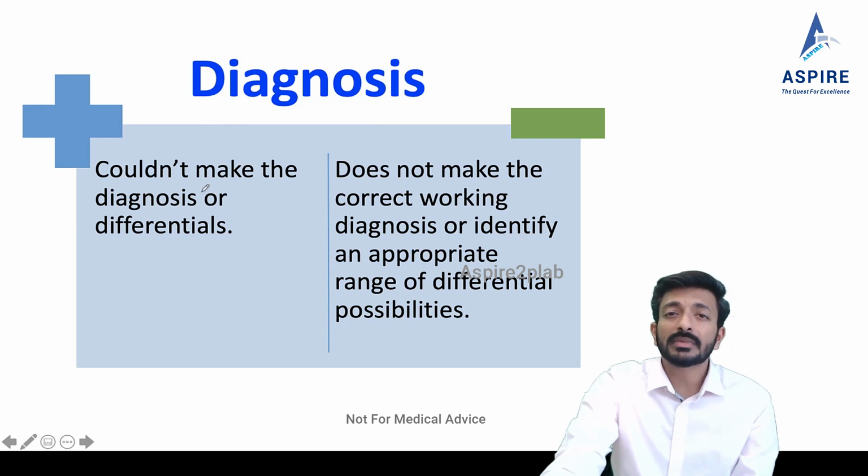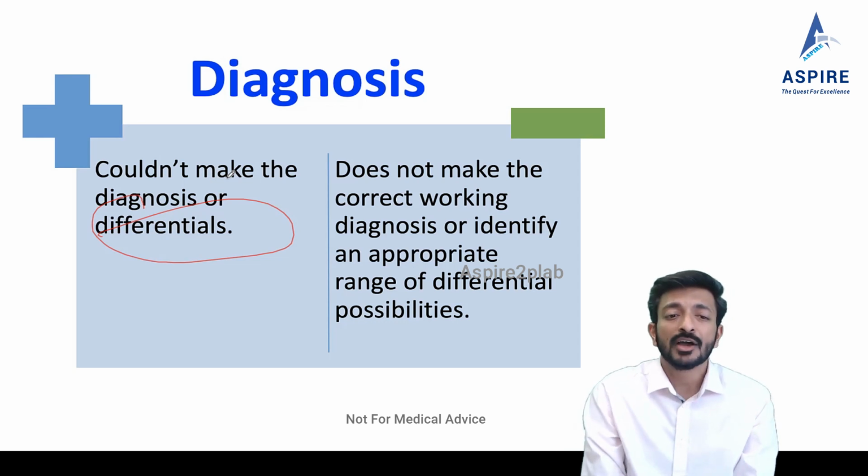See, diagnosis, always try to make the diagnosis, if not give the differential, because only on the basis of history doesn't mean you'll be able to make the diagnosis. In our clinics as well, when we take the history, we get some idea, we get some differentials, and accordingly we investigate the patient and get the finding and get the diagnosis. So in the exam, after doing history, even after doing examination, investigation, if you're not sure what's going on, just give your differential, like there are lots of things going on in your mind, we need to investigate you properly, or I have to involve my senior, and then we'll see what exactly is going on with you. And meanwhile, make sure you give symptomatic treatment for sure to the patient. That is how it works.